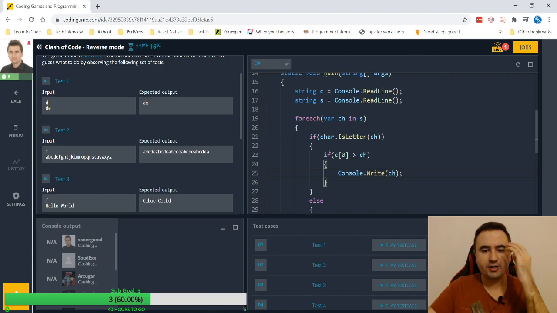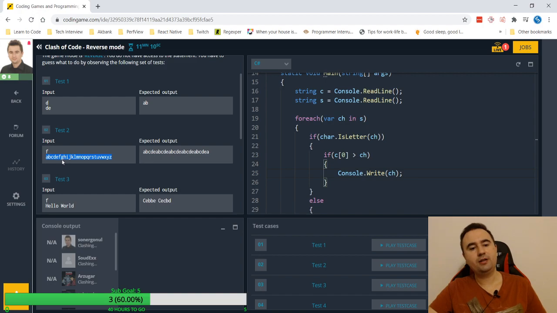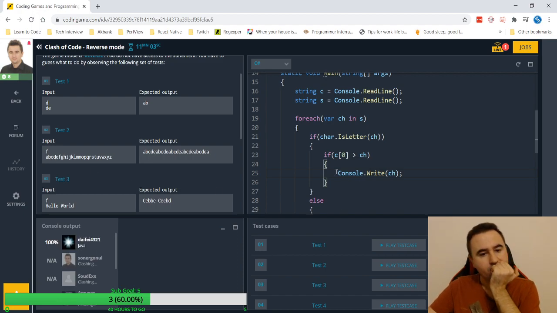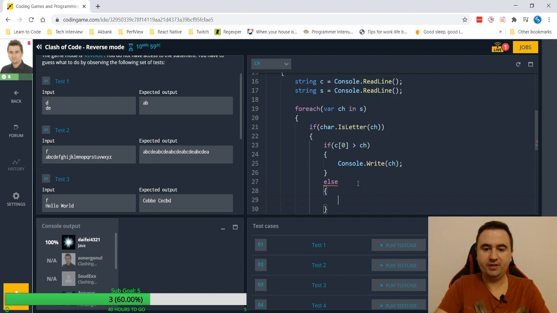So everything changes when the current character is higher or equal. If else, so in here